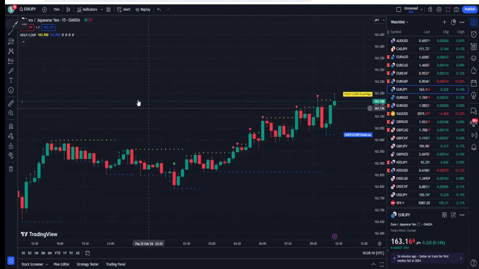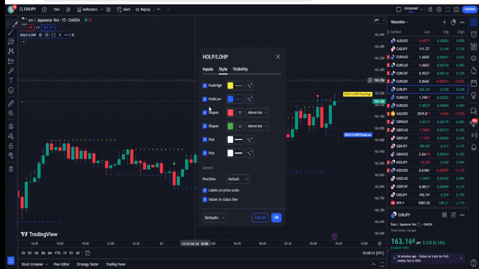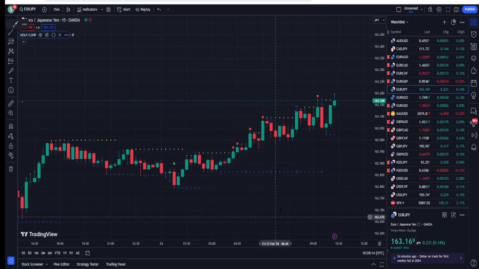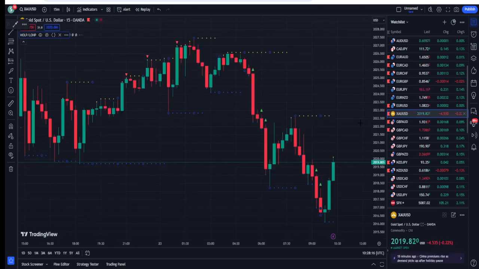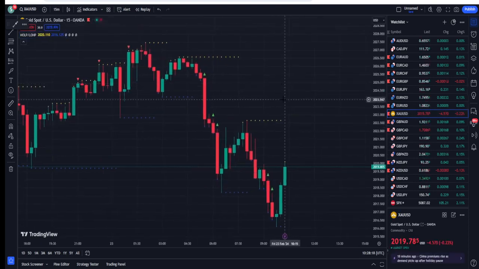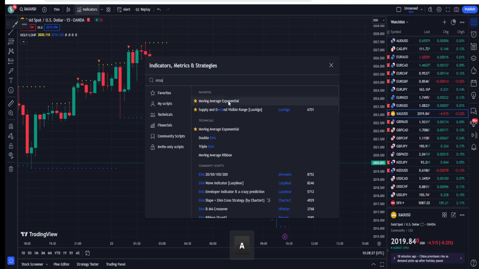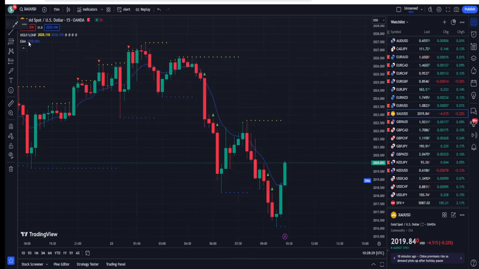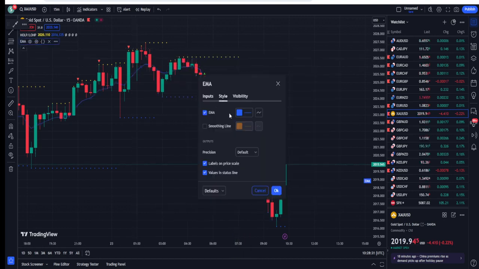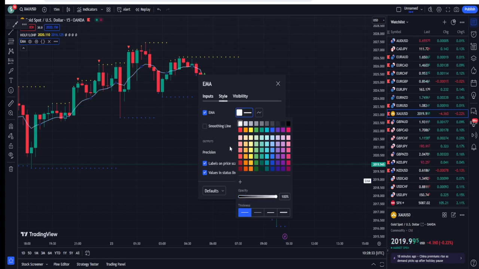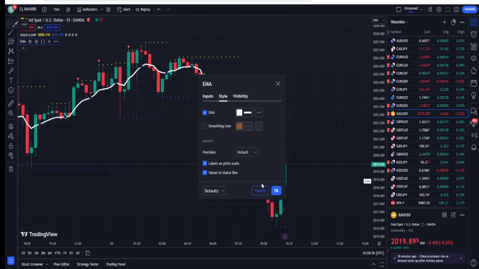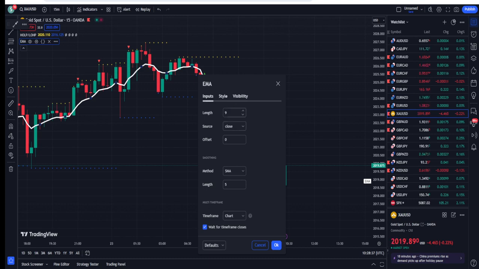Okay, so the only setting that we want to change in this indicator is to uncheck the labels. The rest you can keep quite simple like this. One more thing, if you want to add something, I can guide you to go for the EMA. That could be a second option for you. Otherwise, you can use any type of trend indicator that is helpful. You can use at least the EMA and change the input from 9 to 200.